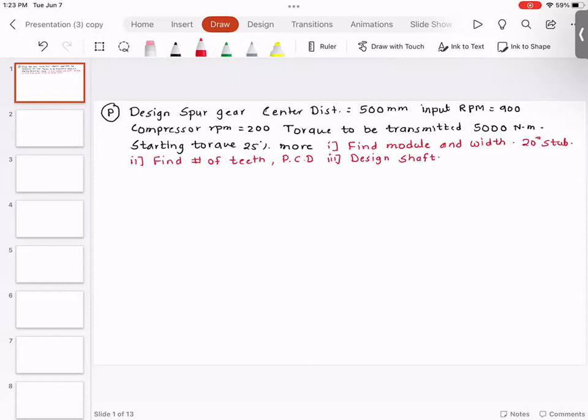In this particular problem, they have not mentioned anything about the material. It's perfectly fine for the gear to be made up with different material than pinion, but in that case, you have to see whether the gear is weaker or the pinion is weaker. If gear and pinion both are made up with the same material, then the pinion is always going to be weaker. So just to minimize our work, I'm going to assume